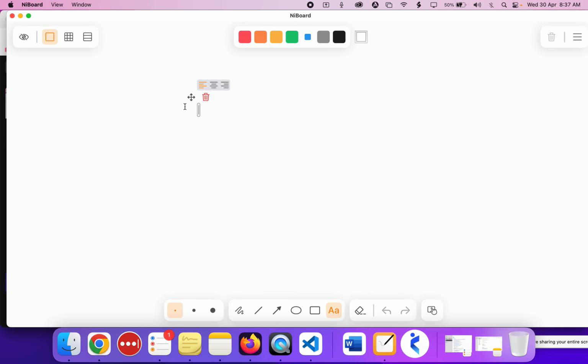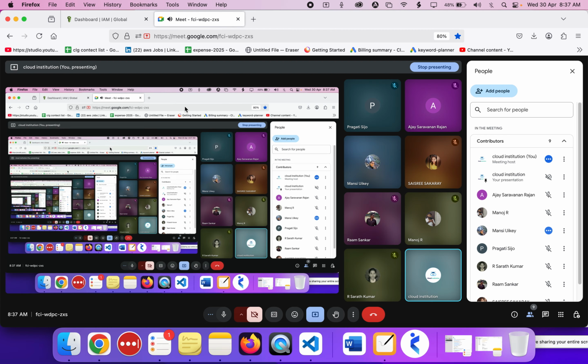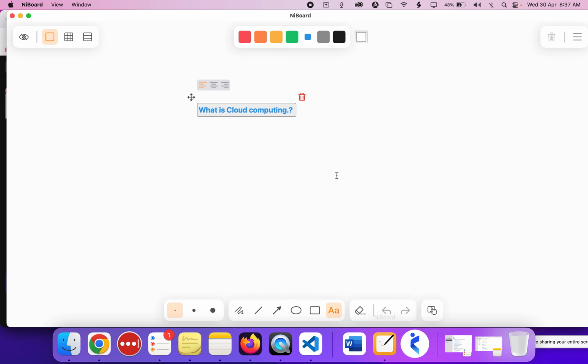So first of all, we are going to see what is cloud. Okay, so what is cloud computing? Anybody want to answer what is cloud computing first of all? Okay, basically, if you want to explain what is cloud computing, is it right? So cloud computing is the concept. This is the first question. Cloud computing is nothing but